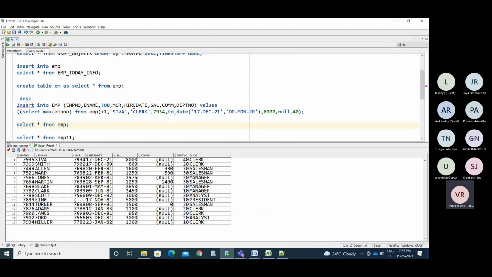If you want to insert the data from one table into another table, the number of columns must be the same in both tables. If you have 8 columns, the corresponding table also needs to have 8 columns, and for each and every column the data type must be the same. If the column names differ, I don't bother about that.